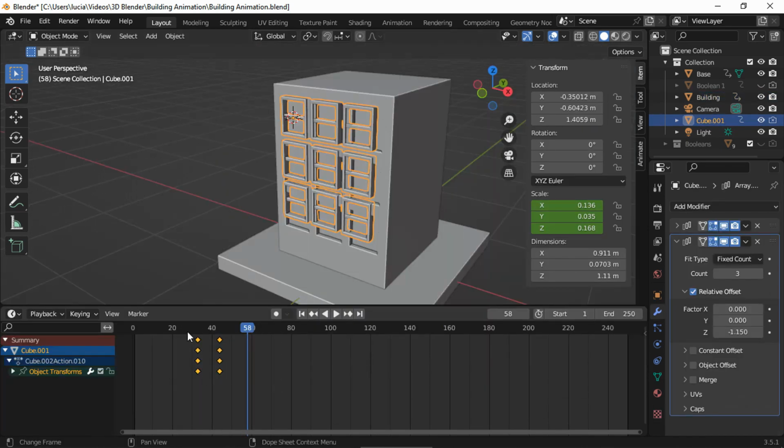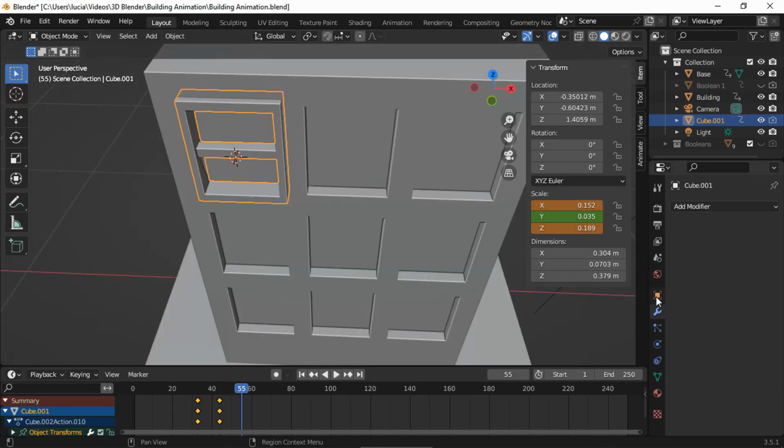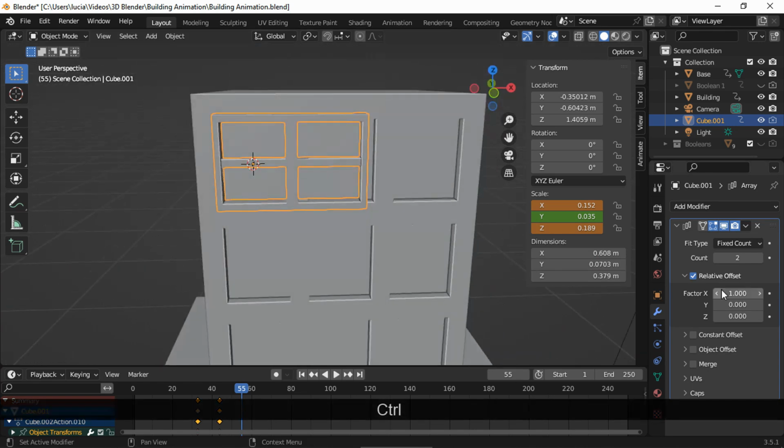Let's delete these keyframes and add two array modifiers since we have several windows that need a frame.